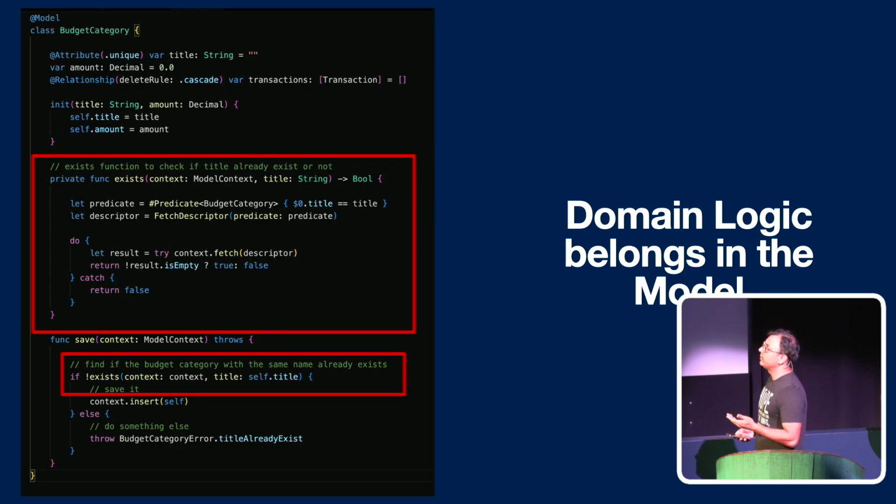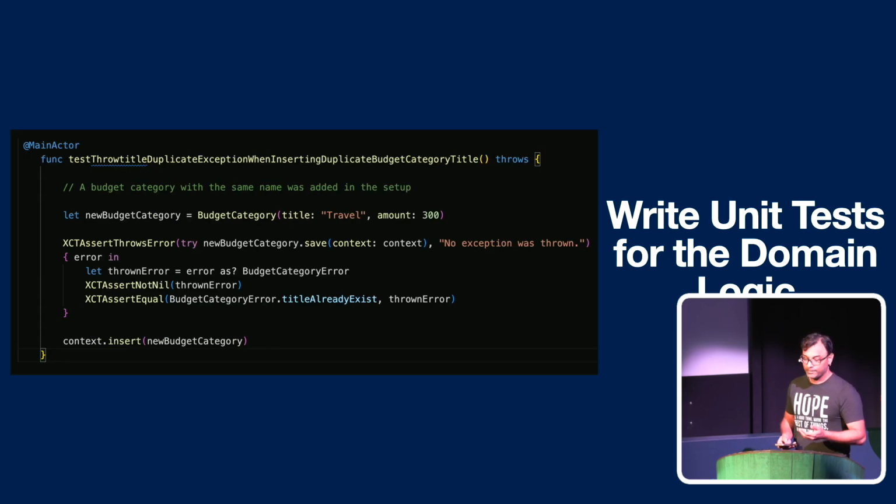Here's another example where I have a budget category, and I'm trying to find out if the budget category exists or not. So that's the actual domain rule, and I can put it right inside the model itself. And then I can write a unit test for it. Since we're talking about testing,